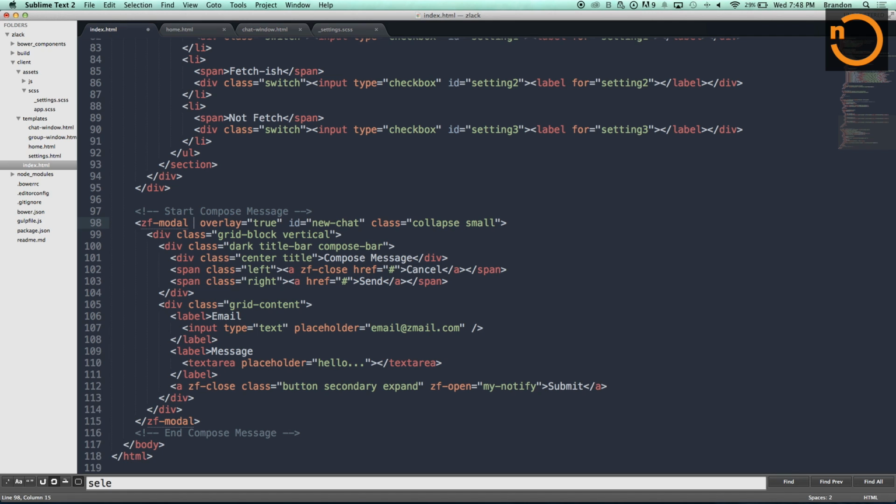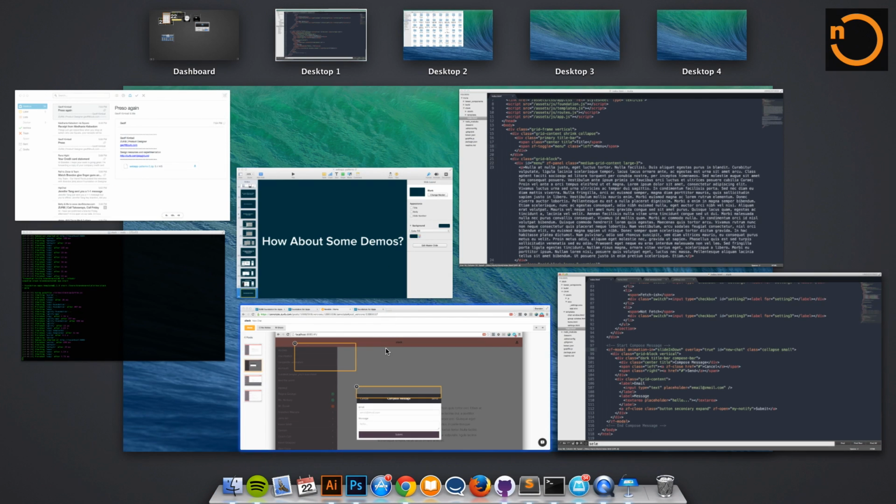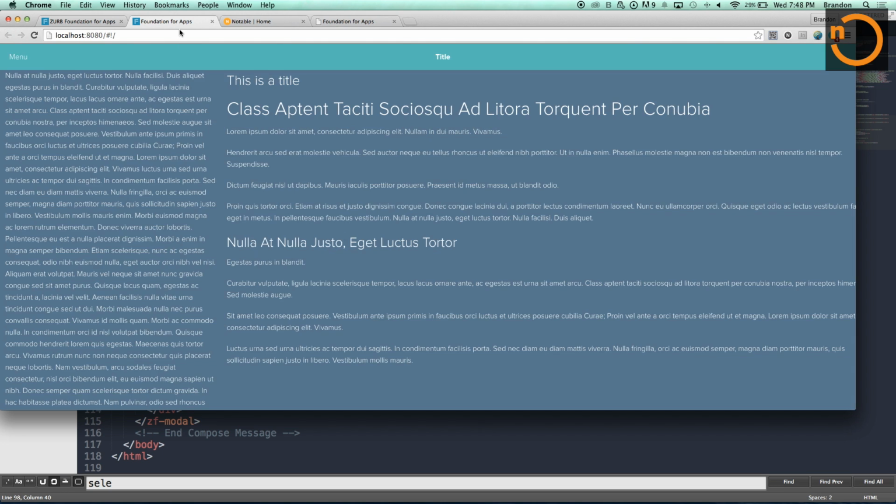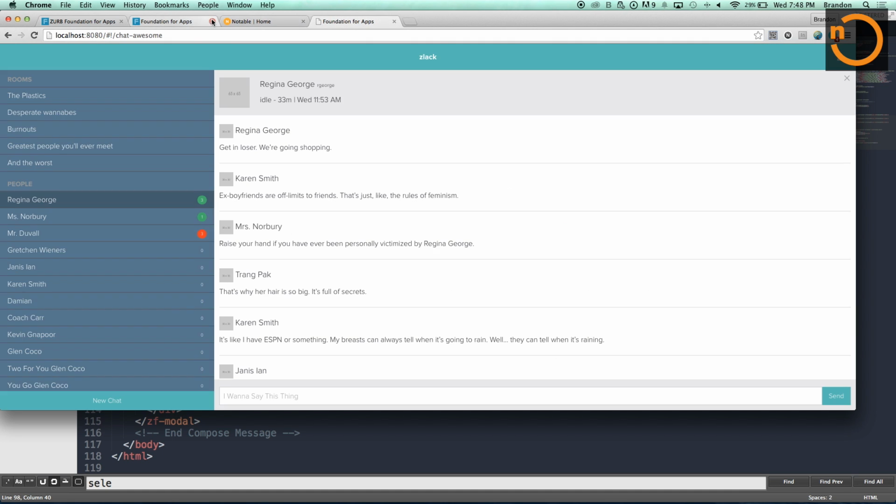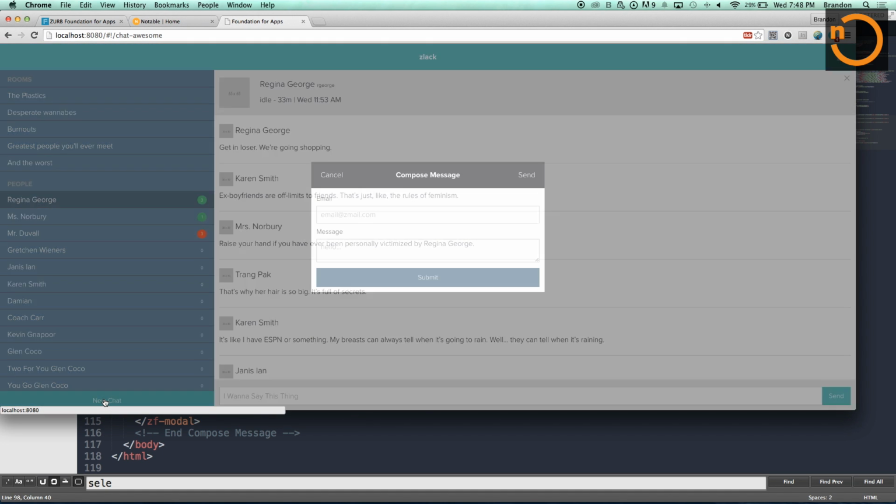And we're just going to change that animation. So I'm going to say animation-in equals, and I'm going to tell it to slide in down. And I'm just going to save that. And we can now really quickly see how that looks if we, I think I have two of these open. There we go. If I refresh that page, oh,